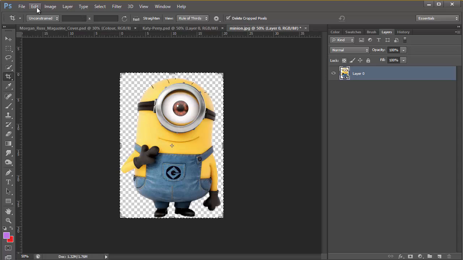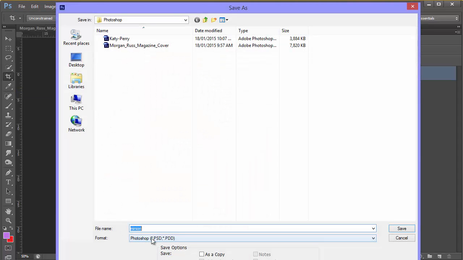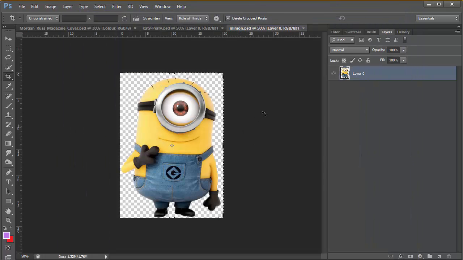Same thing, he's not saved, so I'm going to go File, Save As, and I'm going to choose Photoshop, and it's a Minion. So I'll still have the original pictures, but now I've got my own Photoshop versions. This is important because if the power goes off, or if the bell sounds and you have to go to the next lesson, you can come back and carry on with this next time because you've got it saved. Okay,